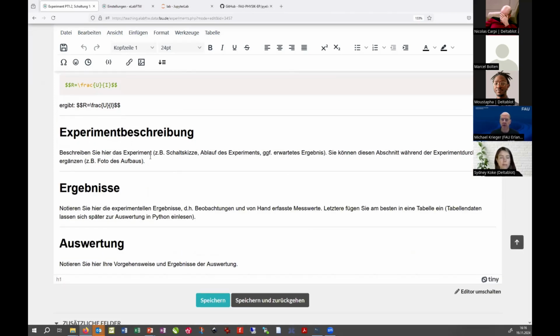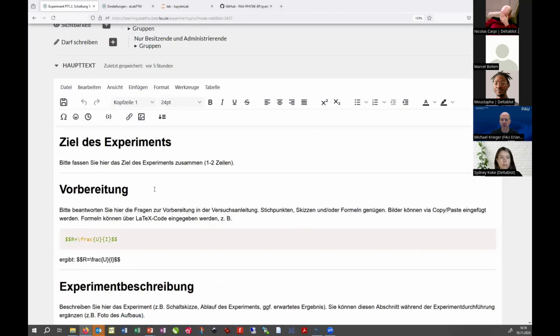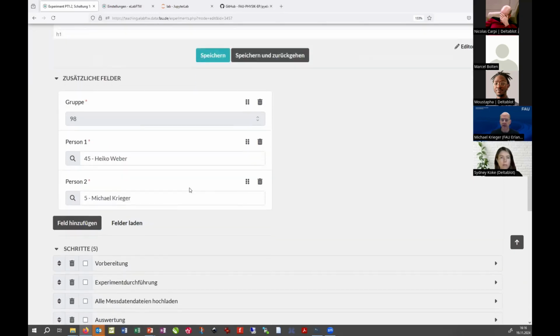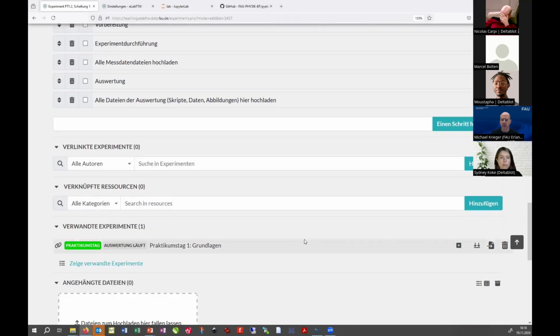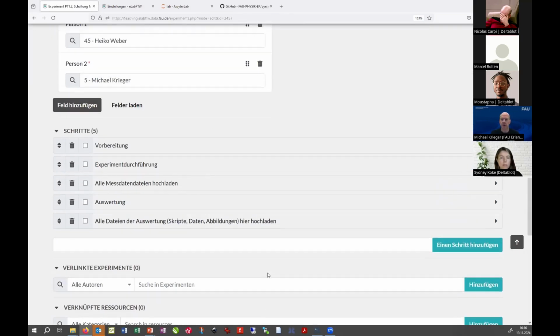Experimental description they put here, and then they record the results, put it in that section, and during the evaluation they can make notes on how they treated the data in that section. So that's the documentation of the experiment, and of course you can upload files which might become necessary, and we